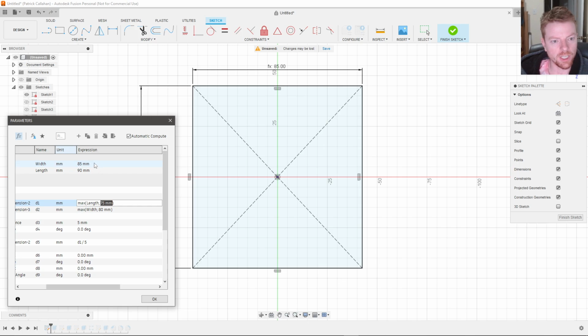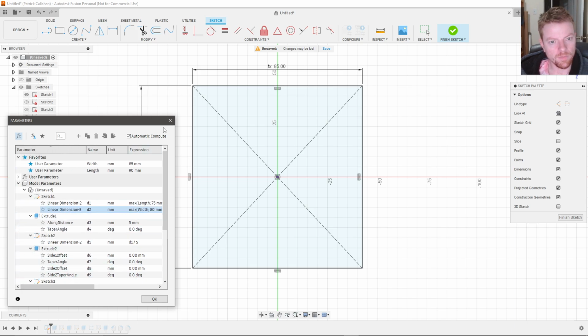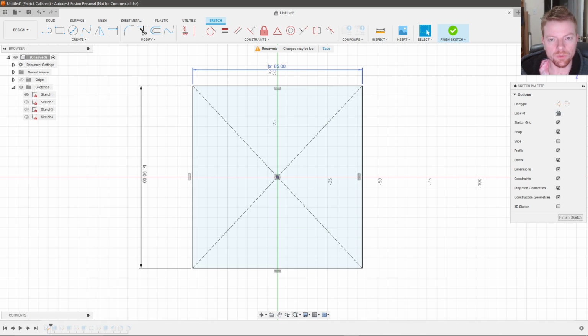So if I change these values to something less than these two values that I put in, it'll just take the higher one that I've defined. That's why these two values have fx in front of them, for function, because it's using the function that I've defined. So just to show you how